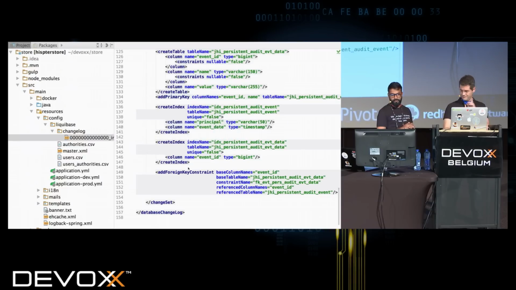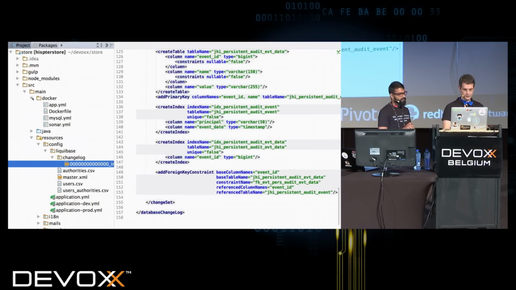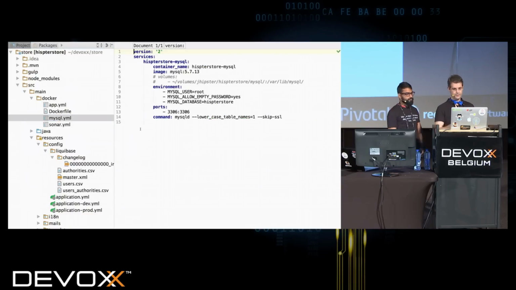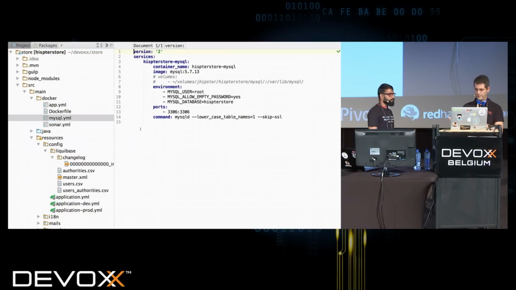Last but not least, we also generated some Docker configuration, which we're going to see very quickly. I want Docker for production, but here I selected MySQL for development. What's really cool is that I've already got a Docker compose file for MySQL, ready for me to work on. So we generated the backend and the front end, but also a lot of tooling